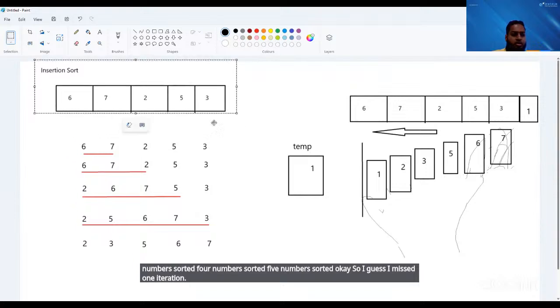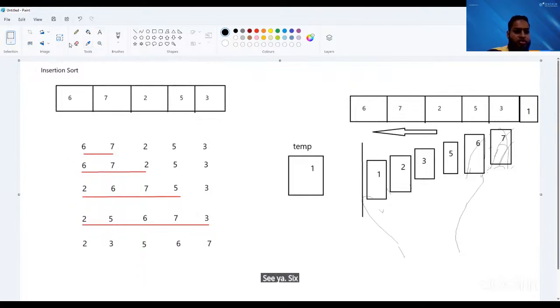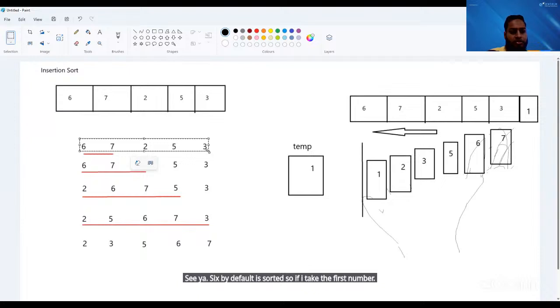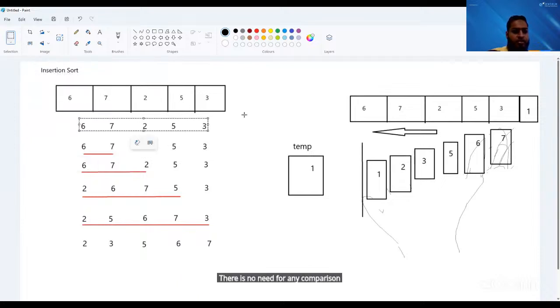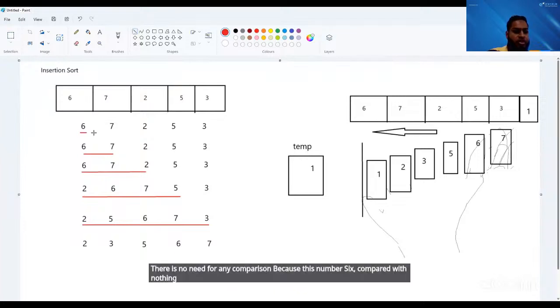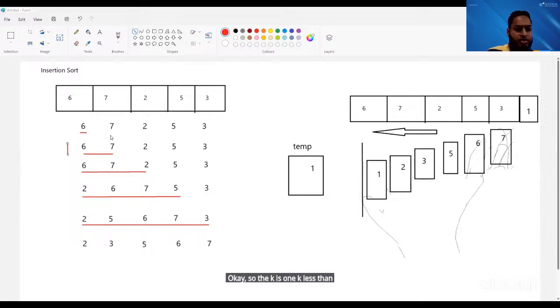So yeah, 6 by default is sorted. So if I take the first number, there is no need for any comparison because this number 6 is compared with nothing, so it's already sorted. Then 2, then 3. So that's why my iteration actually starts from this point where your K is 1. Okay. So where K is 1, K less than length, K plus plus. Okay. And what is your temp? The card which I am picking. So what will go in? My ARR of K is my temp. Okay. And then now what will I do is,